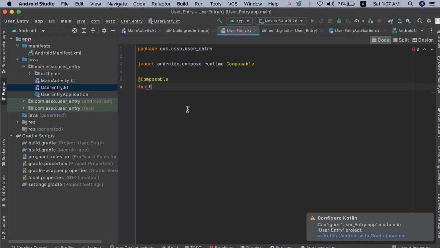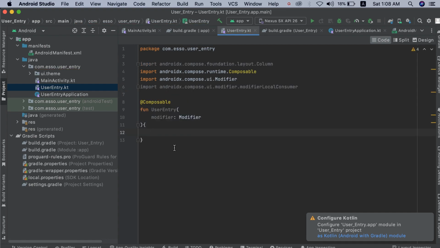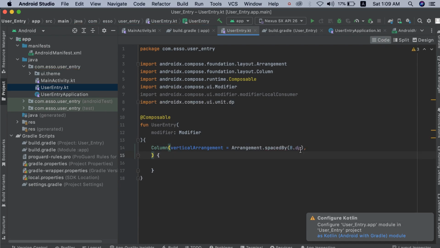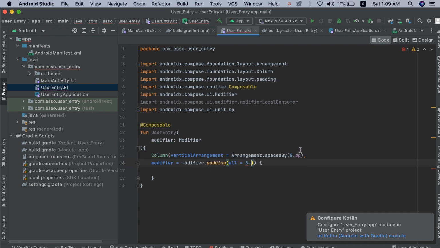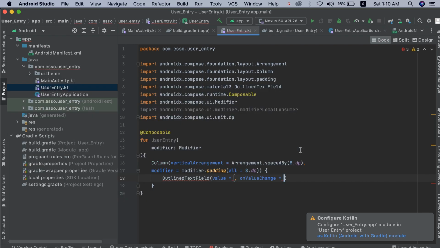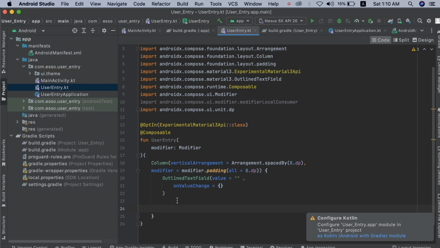Second step, create a new Kotlin file, call it UserEntry, okay, and create a composable function, call it UserEntry, okay. We need a modifier, and we need a column with vertical arrangement equal to Arrangement.spacedBy 8 dp, and a modifier equal to Modifier.padding all equal 8 dp. Inside our column, we need an OutlinedTextField, okay, value and onValueChange with default values, okay, and we need another OutlinedTextField,